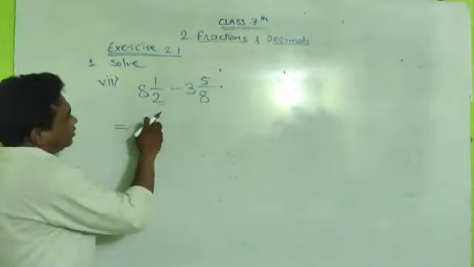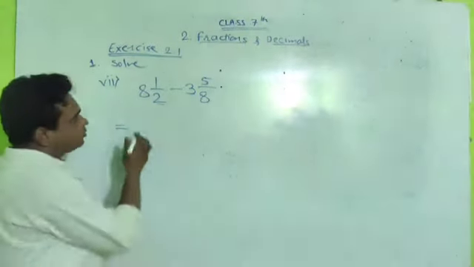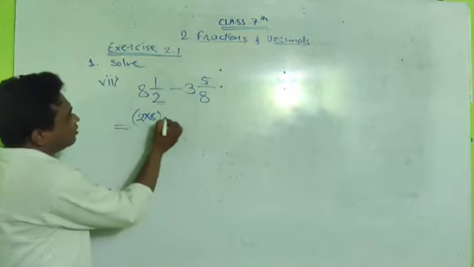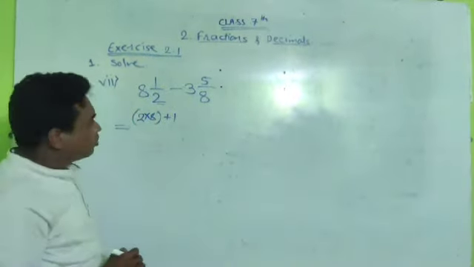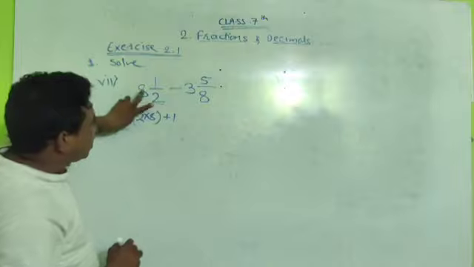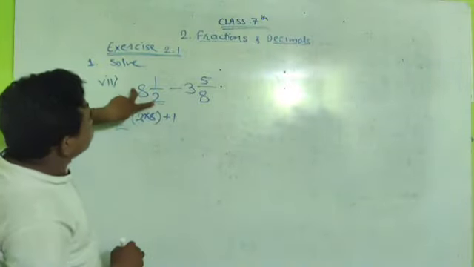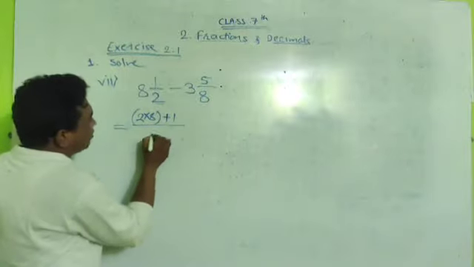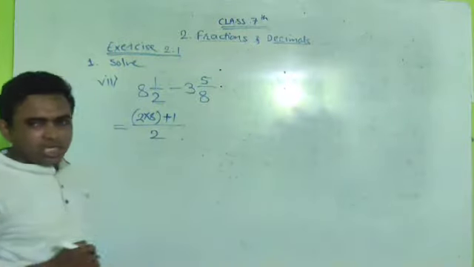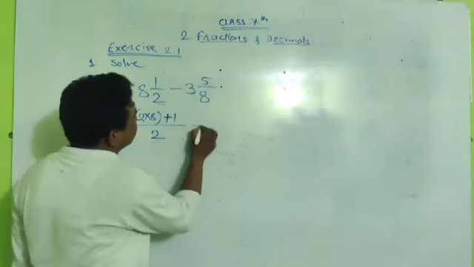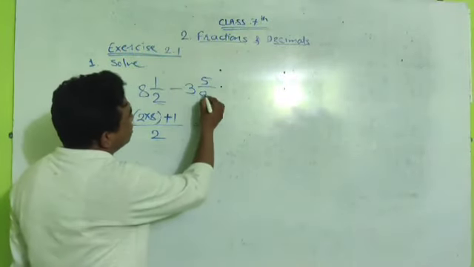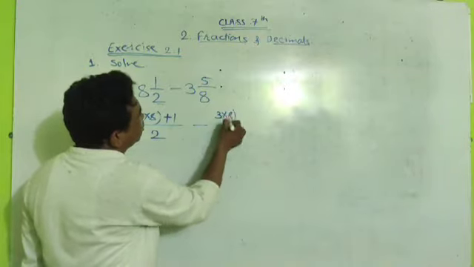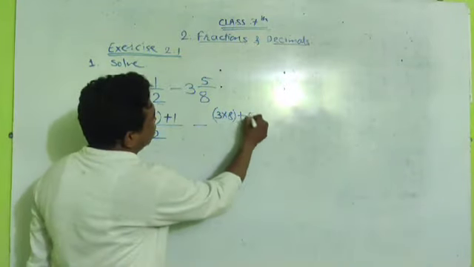So do one thing: this 2 will be multiplied by 8. So here 2 multiplied by 8, make a bracket, 2 into 8 plus numerator. Why? Just denominator multiplied to the whole value. 2 multiplied by 8 and plus the numerator, divided by the denominator as it is. Similar step here, the negative sign as it is here. The 8 as a denominator, the complete whole value is 3 into 8, make a bracket, and plus the numerator and